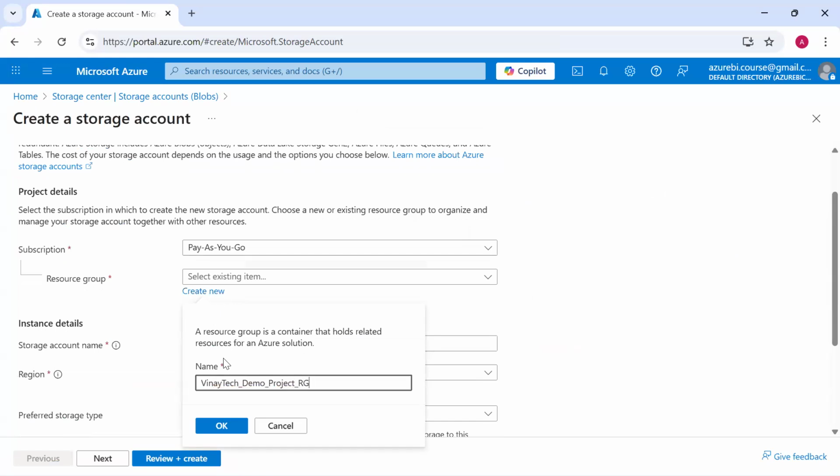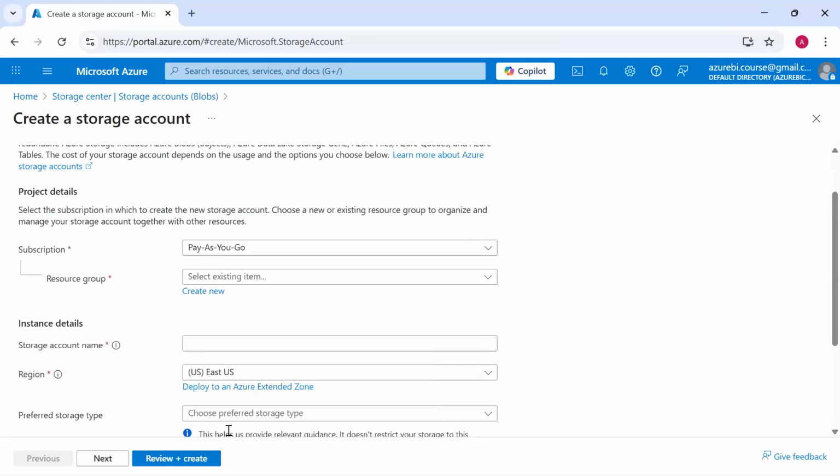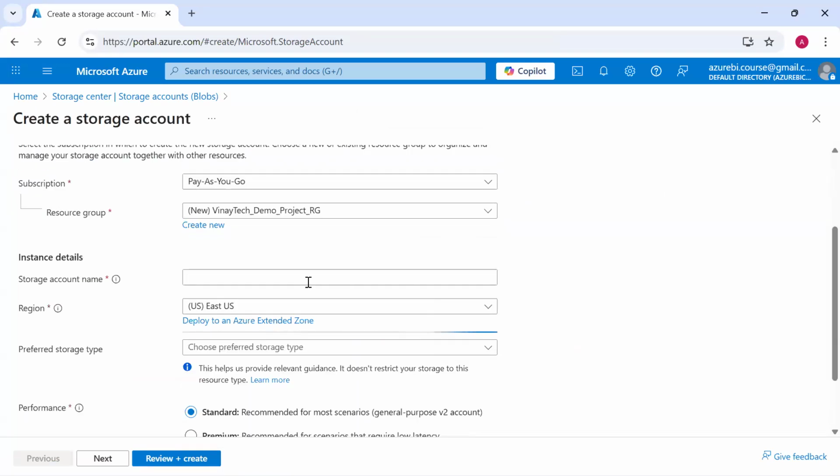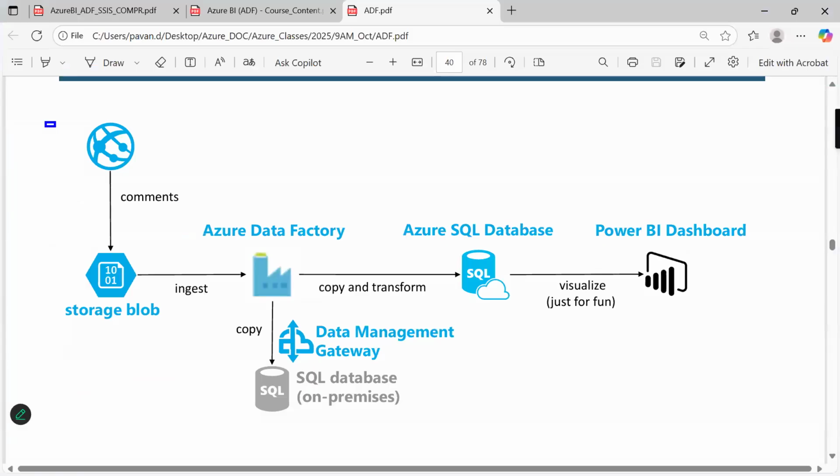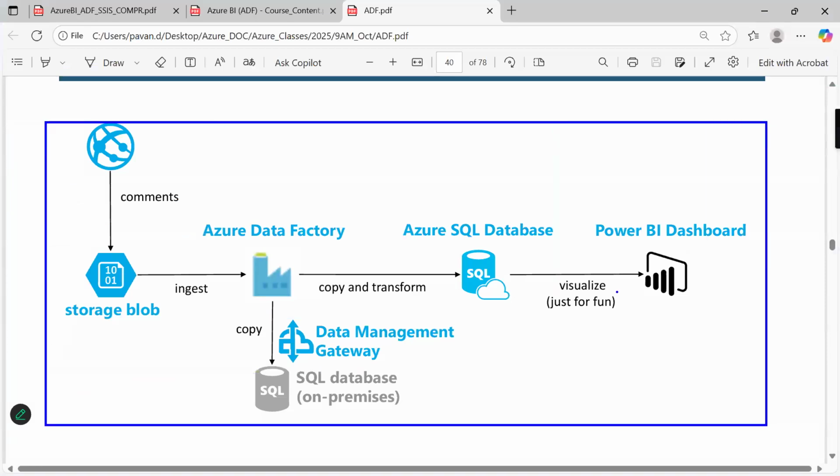Sir, what is a resource group? A resource group is nothing but a container, or a project name, where you can add all your projects. It's like a folder. Inside the folder, you are adding all these softwares or services.